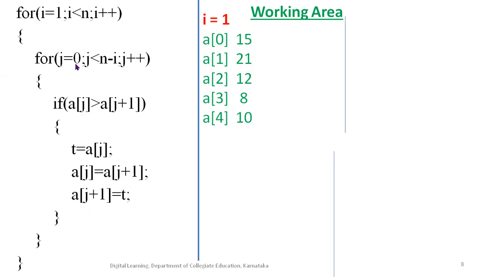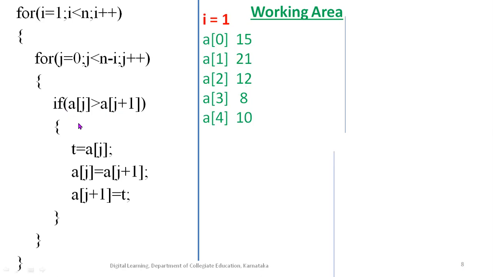Now again j changes to 1 here. When j is 1, again we enter inside the j loop. We have the decision making statement a of j greater than a of j plus 1. So a of 1 is being compared with a of 1 plus 1, that is 2. So 1 and 2, that is 21 and 12, are being compared. Is 21 greater than 12? Yes, true.